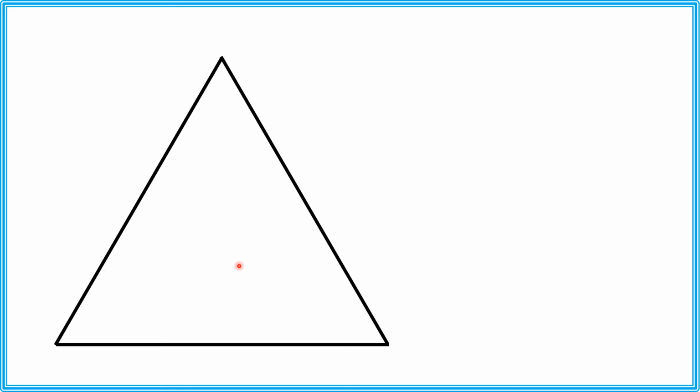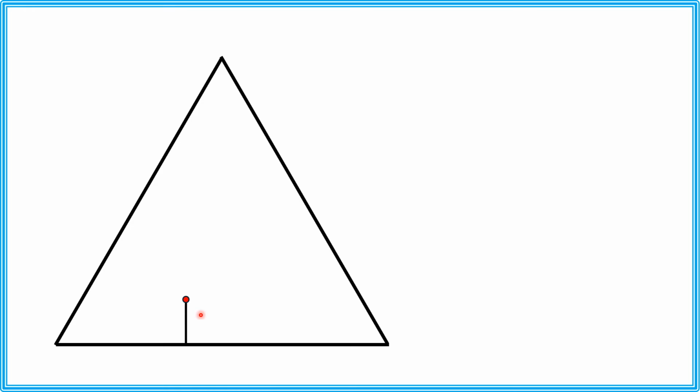Hello everyone. In this problem, given is an equilateral triangle. We choose an arbitrary point inside this triangle. If we draw three line segments to each side